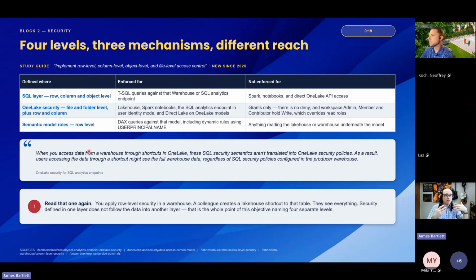And as long as the query coming in is actually being executed as the user whose access you want to limit to just what they get to see, then that will work. The problem is a lot of times when you have a query executing against an analytics endpoint, it's being executed in the context of a service account or something like that, which bypasses all that security. So it's a really good idea, if you're doing security in some way other than the standard row level security in the semantic model,